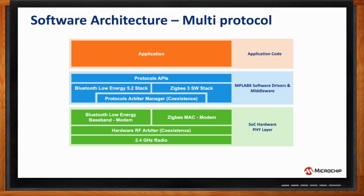So on the file layer, we have the hardware arbiter that I talked about earlier, which makes multi-protocol just a breeze. So you've got the radio, then the arbiter. Depending on what's needed, it does Bluetooth, Zigbee, and then on top of that, we have the actual modem for both. On the software layer, it starts with the arbiter manager and then your Bluetooth or Zigbee stack. The protocol APIs is what you will be interacting with in your application code that sits at the very top. And all of the APIs are explained in the application developer's guide. So all of that information is